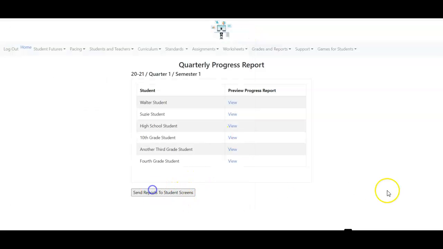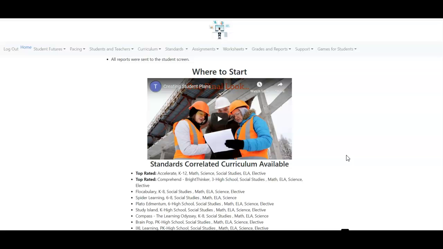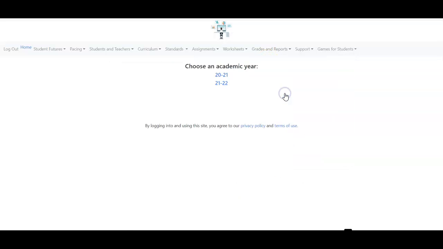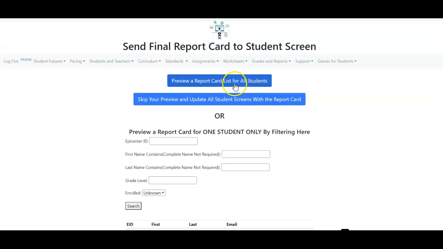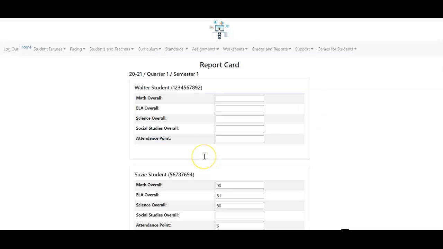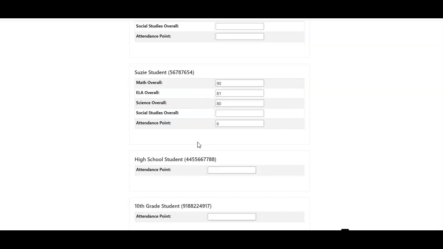And then send that. Once you send the attendance report and the progress report, those automatically appear on the student's website. However, I want to show you that you can override this gradable assignment when you send the final report card to student screen. When you send this final report card, the website is going to add all of the attendance points for the whole semester